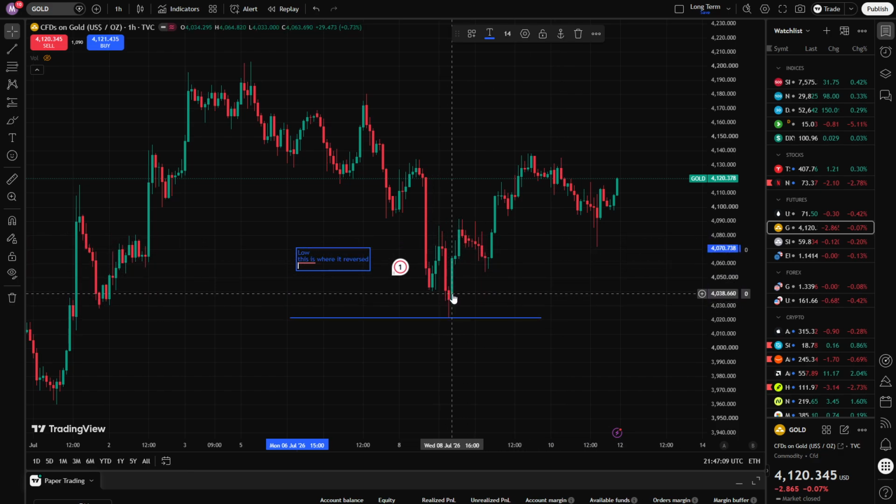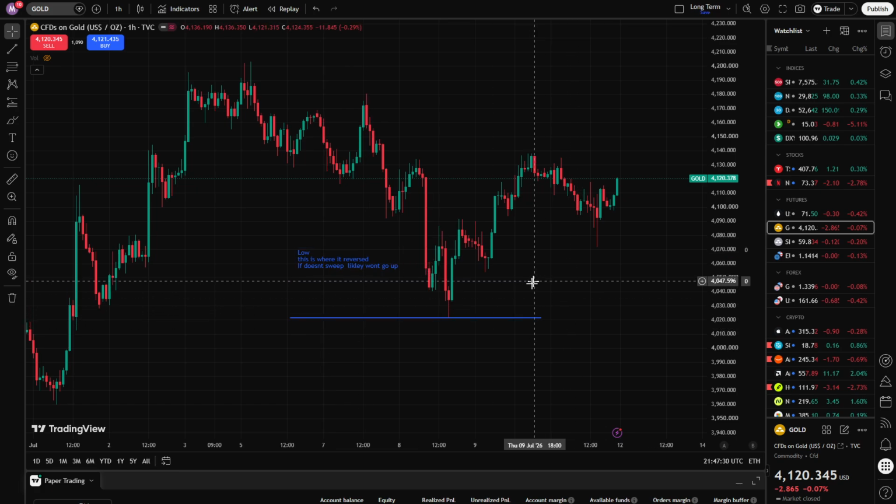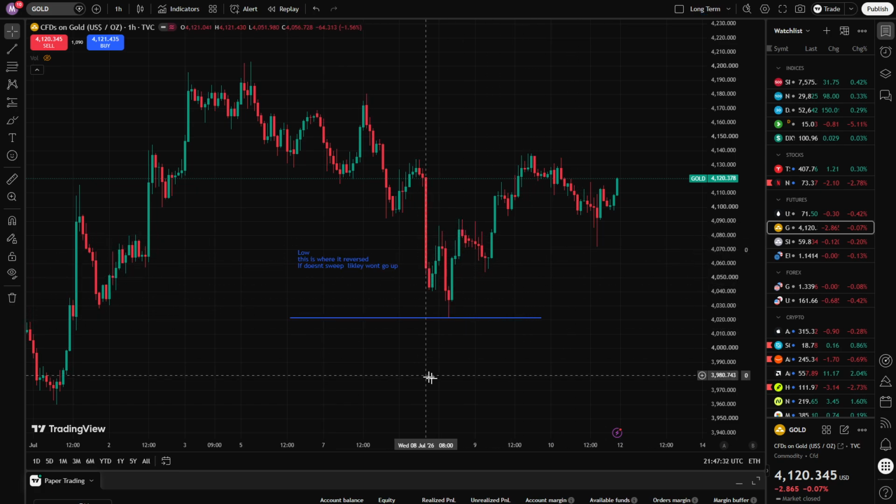It's telling us this is the area where people like to buy. Once it gets into that area, we wait for the fair value gap, and then we say, all right, we can buy. And see, we get into this fair value gap, we see up, up, up, didn't sweep below, right? If it doesn't sweep, likely won't go up. And really, you're just waiting for that fair value gap. A fair value gap is when